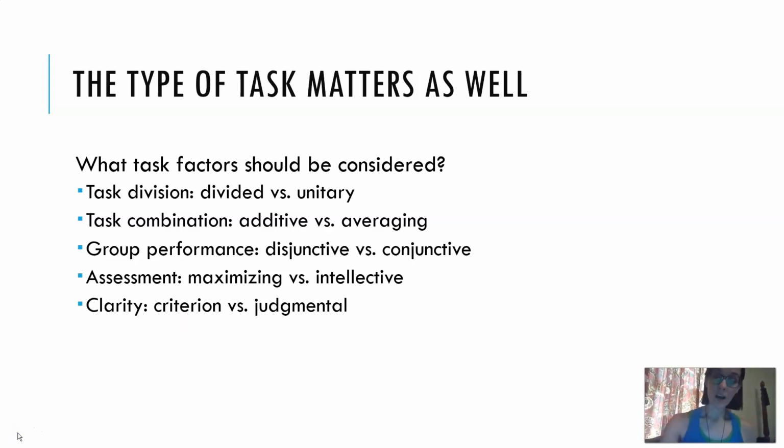So we can also talk about how we're considering the output that's produced. If we're dealing with something that is considered an intellective task, this is basically the ability of a group to make a particular decision or a judgment, and we're going to measure and assess how good that is by looking at either the processes that the group uses to make that decision, like how a jury decides a verdict, or the quality of the decision. So how well did this group solve this problem? Like if y'all were doing the NASA task, did you pick the right items